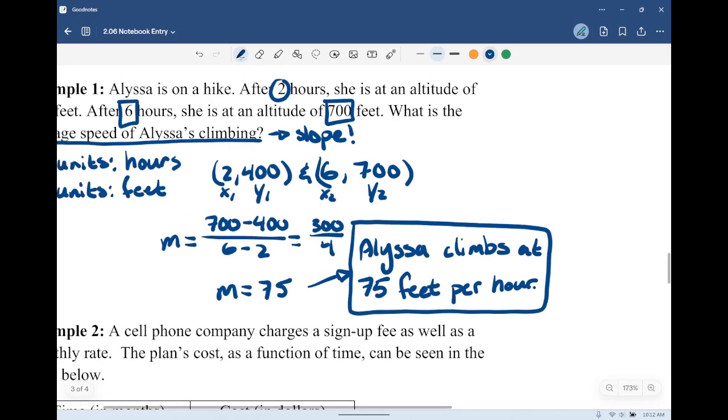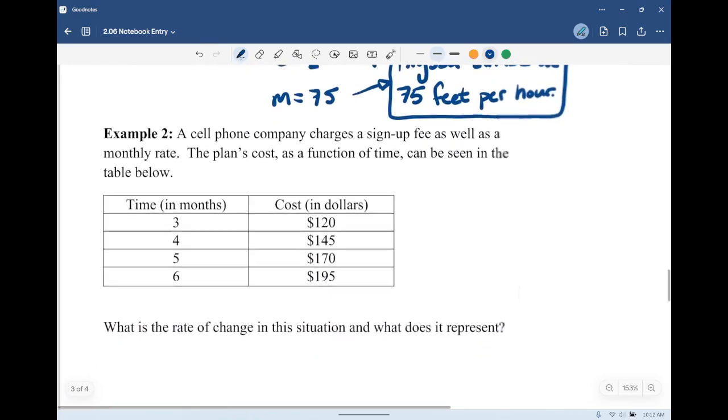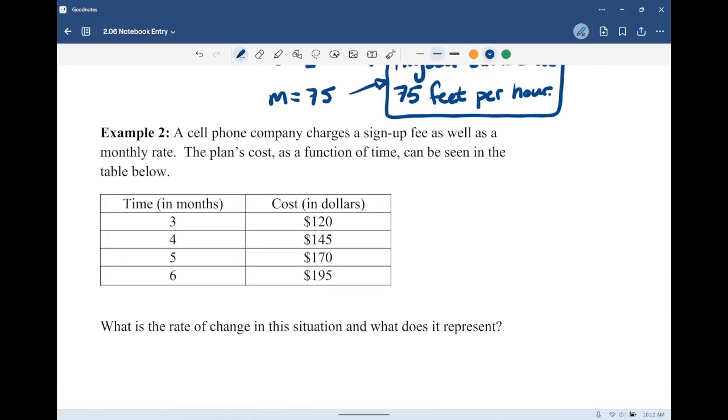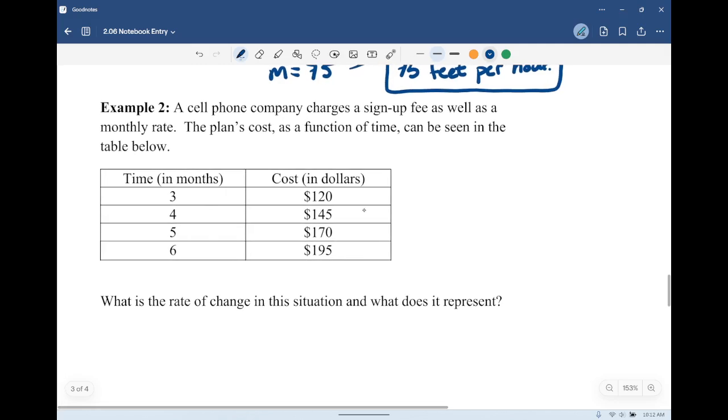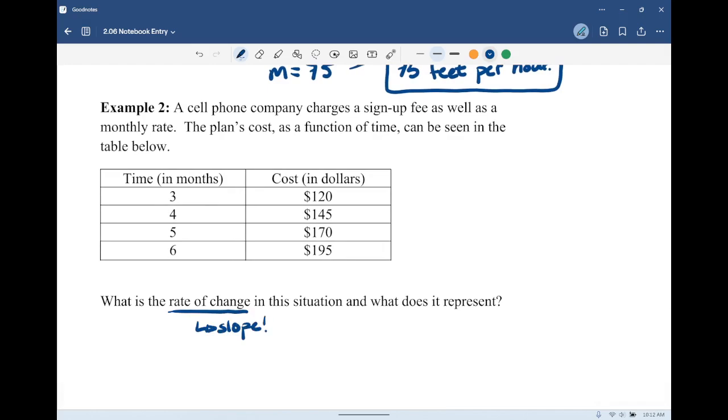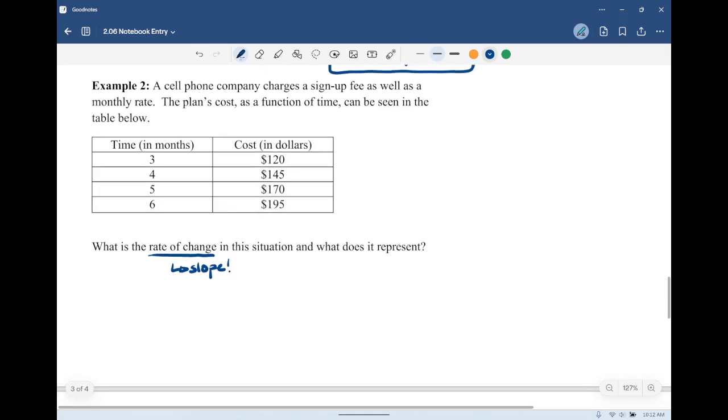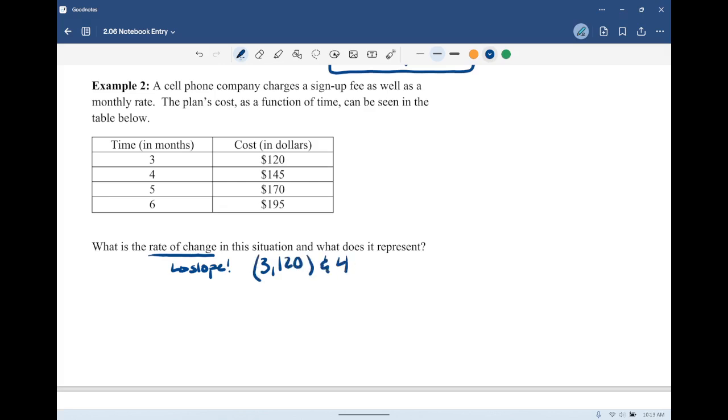All right, let's rock it through the next 2 examples. Example 2, we've got a cell phone company. Here's the sign-up fee. Again, they want rate of change. Rate of change. What word do we think of? Slope. Good. And so, I can choose any 2 points. I'm going to opt for just the first 2. I'm going to have 3, 120, and 4, 145, x1, y1, x2, y2, slope 145 minus 120 over 4 minus